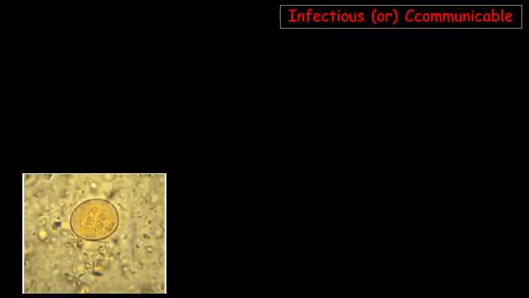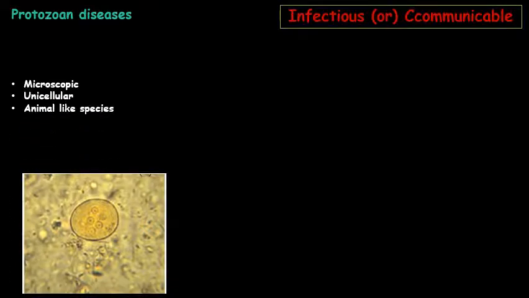So, you all know that protozoans are microscopic and unicellular. Once they were considered as animal species, but they are not animals, they are animal-like species, and they have a huge number of species. So far, we have 50,000 species of protozoans identified. Though we have